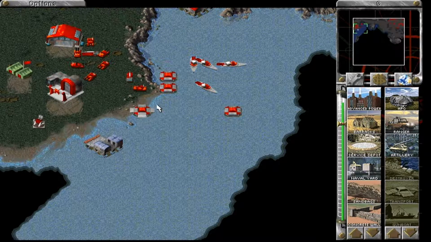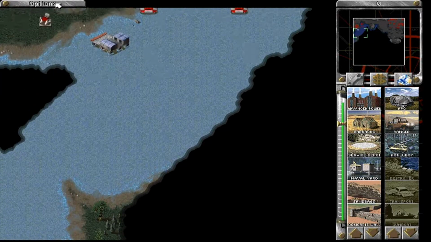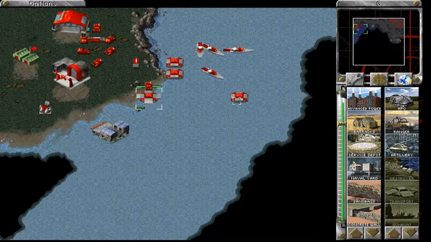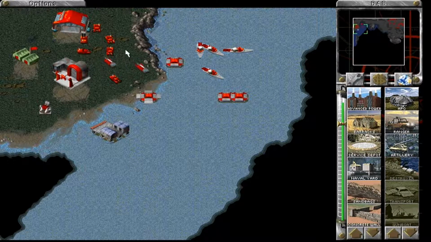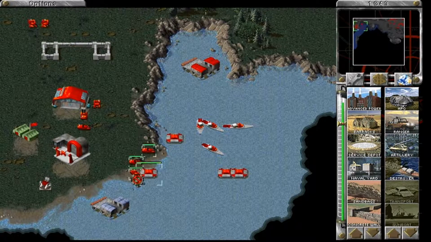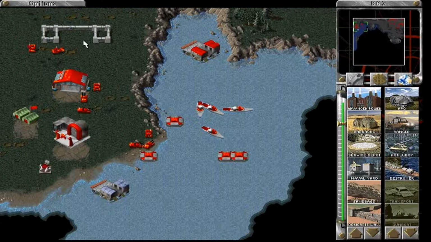Keep going down. Now note, by the way, there's a small island right there of helicopter pads on it. That's where the helicopters are initially coming from over here, so...